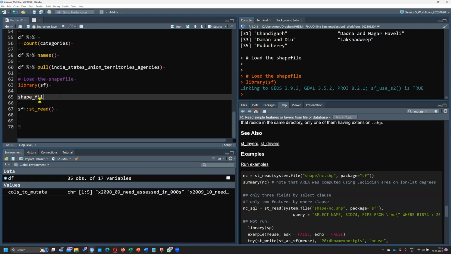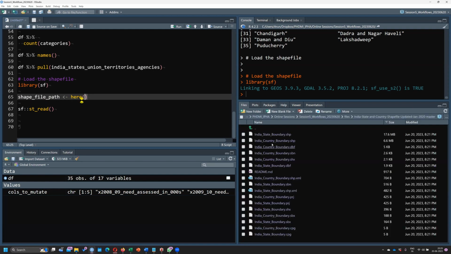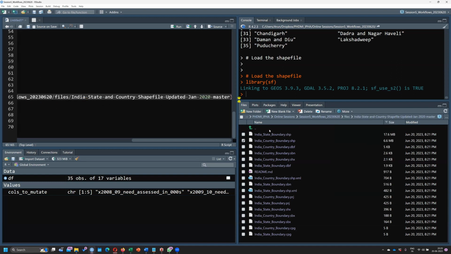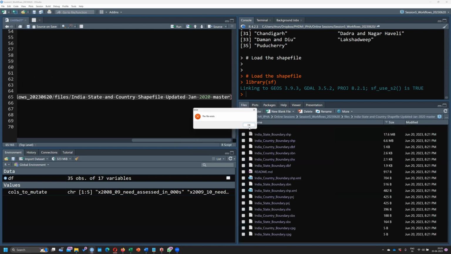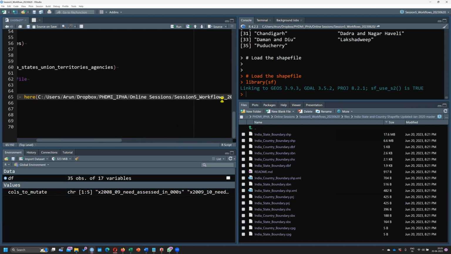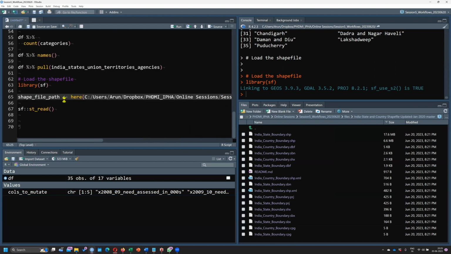So, okay. Shapefile path is here. Where is the shapefile residing? It is residing here. Okay. For example, let me look at the country bound. Okay. This is what I want. So I'll just copy this folder as a file path. In fact, this is not the complete name. This is the complete name of the file. Okay. But I'm using it here, so I don't need